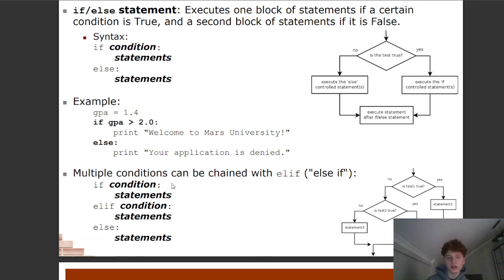Multiple conditionals can be chained with if, else if. Example. Example of if statements: import math, x = 30, if x